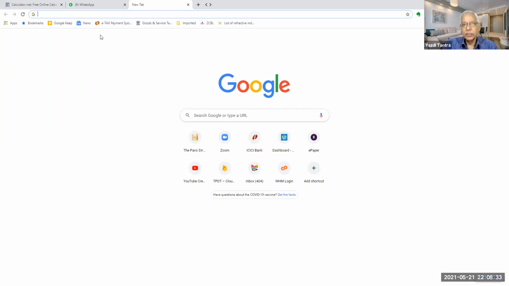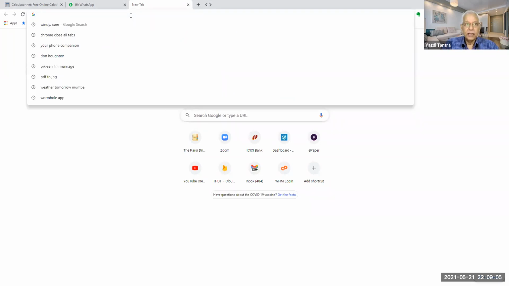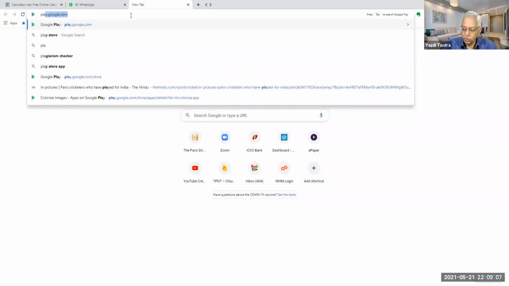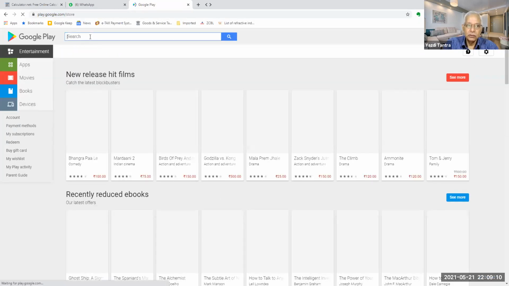Something similar you can do for your SMS messages. Now SMS messages are a little difficult to handle from your desktop. For that we have an app called Mighty Text. I'll just type it in the chat box. It is called Mighty Text. So what you do is you go to your Play Store or your Apple Store and just look for Mighty Text.